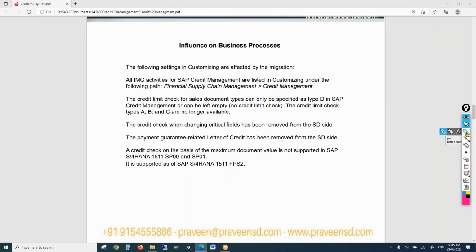Some configurations have also been changed. The very important thing is there is no simple credit check. ABC is no longer available. That is simple credit check. Only D is available. D means automatic credit check, right? We know it from the configuration we maintain. There is no ABC. Only automatic credit check works. And if you go to